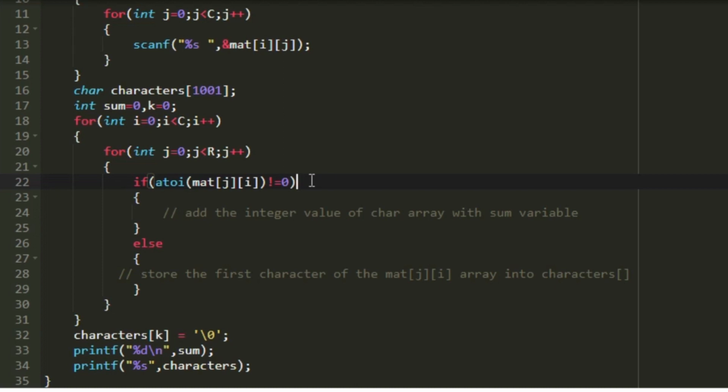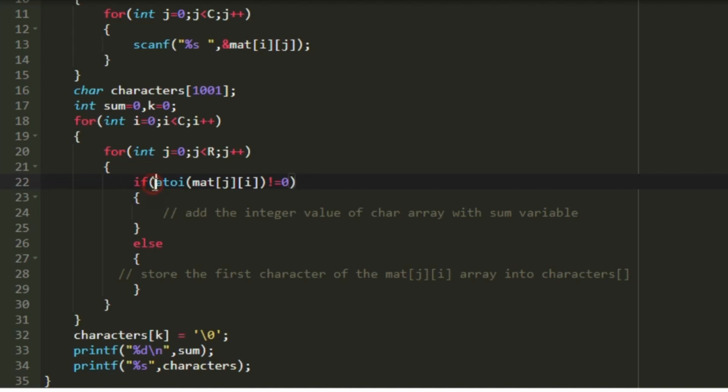And now we have a function named atoi. This function atoi can convert a character array into an integer if all the characters in the character array are digits. If it is not a valid character array, then this function atoi returns 0. So we have all our input values stored in a character array format. So when we are iterating column wise, we are going to pass all the character arrays into this function atoi, and if the atoi function returns a non-zero value, then it is an integer. So in every iteration of this nested loop, we are going to check whether atoi of matrix of Ji is not equal to 0 or not.